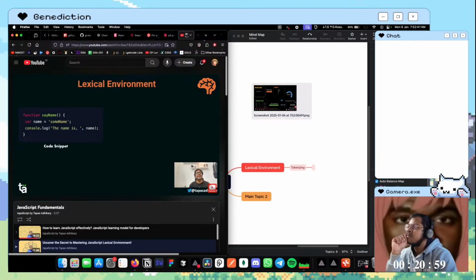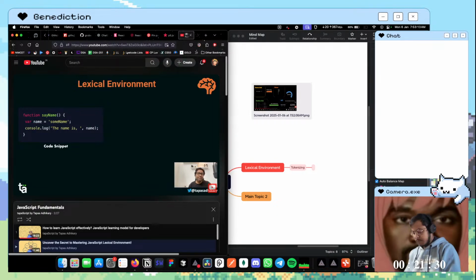What exactly does lexical environment mean? Why is this such a heavy term? Before we get into lexical environment, let us understand what the word lexical means. Lexical means something lexically kept, positioned at a particular point. In the code snippet, if I ask you where the variable name is lexically positioned, you will say the variable name is lexically positioned at the first line inside the function called sayname. Where exactly is the console.log lexically positioned? You will say the console.log is lexically positioned in the function sayname after the line var name equals surname.